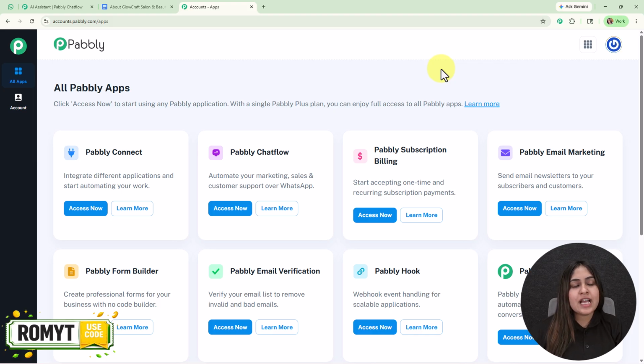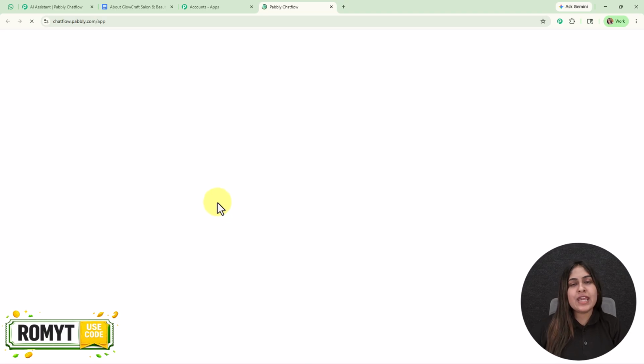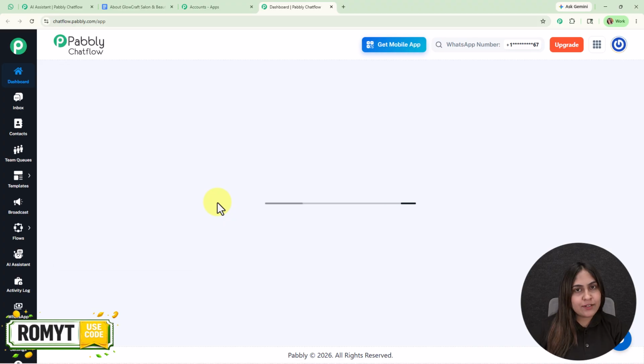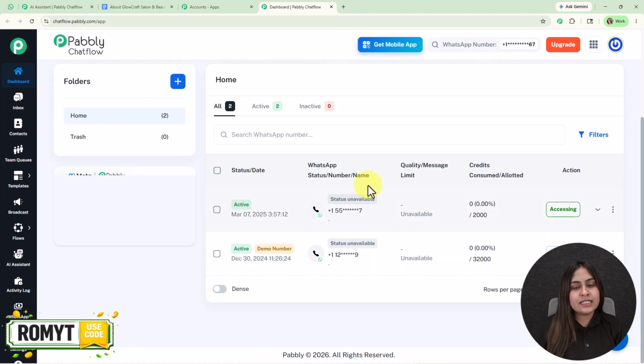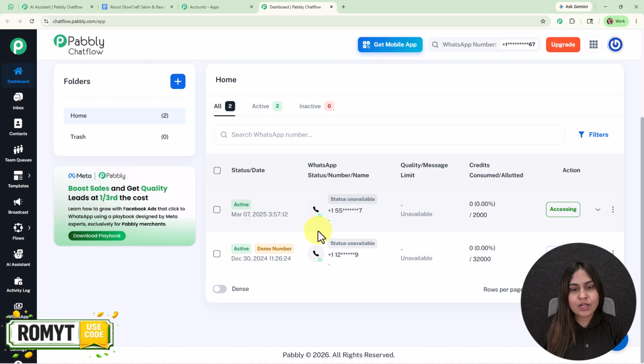Okay, so now after signing in, you can see all Pabbly apps, where you can see all the applications of Pabbly. From here, you need to access Pabbly Chatflow by clicking on Access Now, and it will take you to the dashboard of Pabbly Chatflow. Here you can see I've already connected my WhatsApp number inside my Chatflow account. To learn how to connect yours, you can watch the tutorials available on our YouTube channel or in